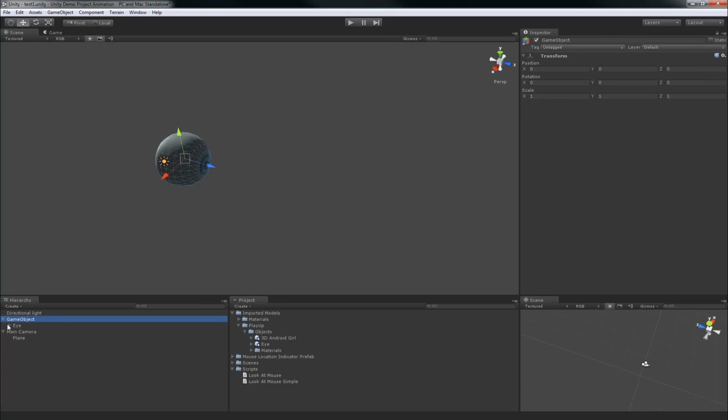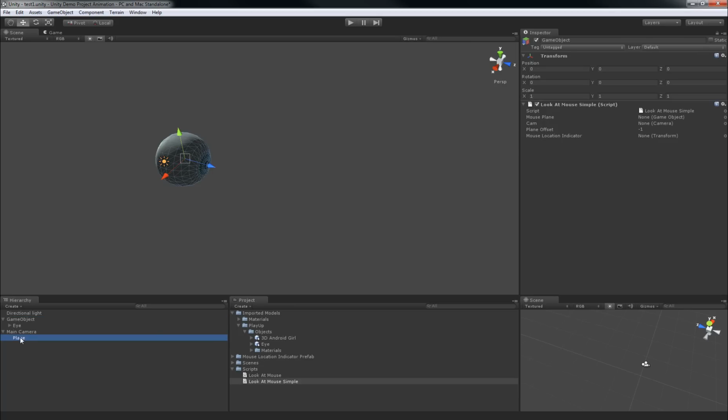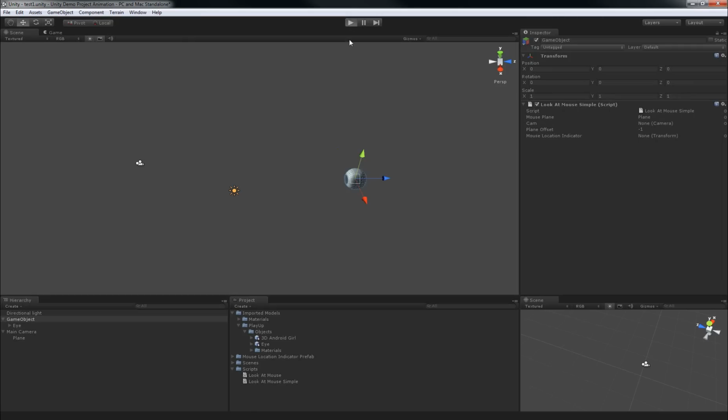And then we'll go to the game object and attach the script to that instead. Click and drag look at mouse simple onto the game object. And now we need to reassign the mouse plane, so we'll click and drag that up to here. And if we hit play, now the eye will be looking in the right direction